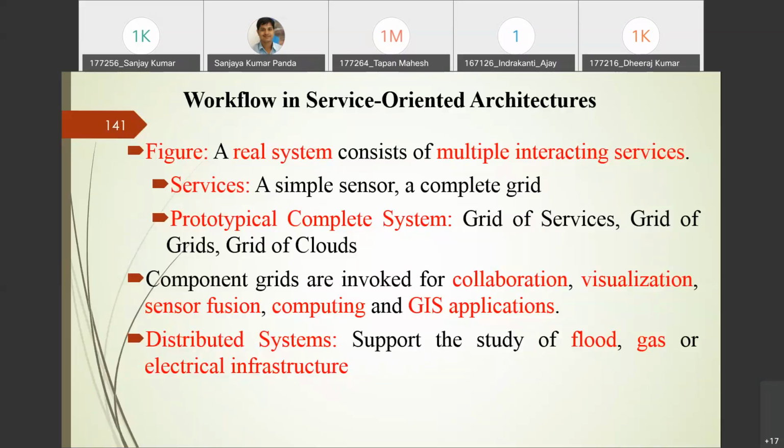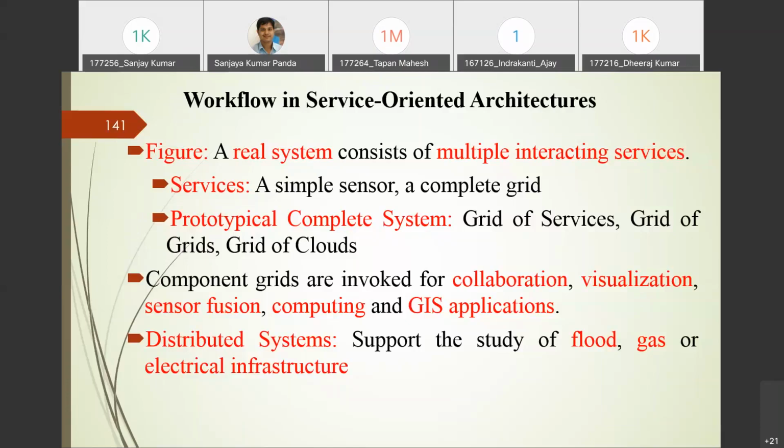Why are we invoking component grids, or why do you need a grid? That is because of collaboration, visualization, sensor fusion, computing, and GIS applications. Overall, as I always told you, it is a scientific or engineering application, right? So, for collaborating on a project, if multiple systems are participating, you can form a component grid so that collaboratively you can solve a particular problem, right?